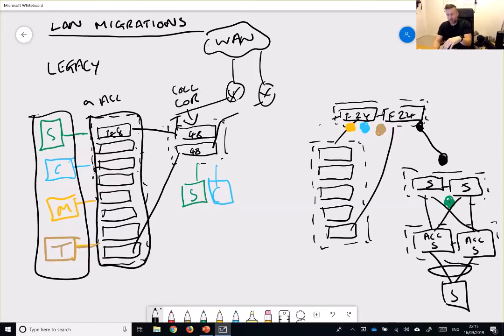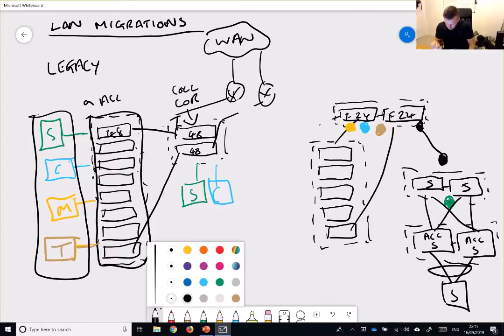that we have to think about is, that's where we want to get to, but how do we actually get to it? There's a couple of ways. If we're retaining the IP addressing scheme, we can effectively, let me think how to illustrate this. What we want to do is interconnect between the old core and the new core. And then our decision is, do we route between them, or do we extend VLANs?